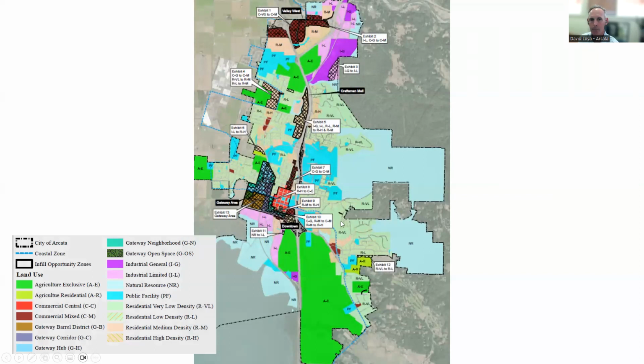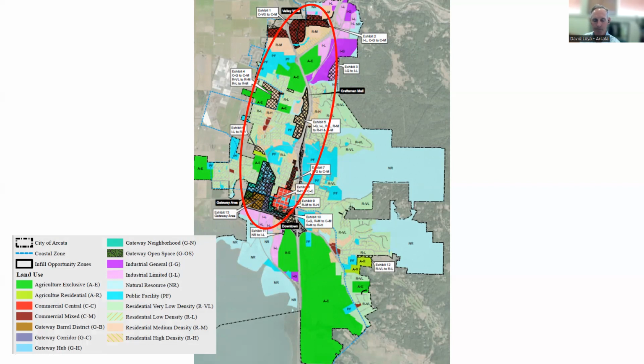That's a rough number. The other thing I want to draw your attention to is the proposed changes, which you can see indicated by these different exhibit indicators. We're not going to go into the exhibits in this. I will have those available for review at the study session, and the Planning Commission has reviewed these in detail. But these are all concentrated within the urban core, if you will. We do have some residential areas out Sunnybrae and Old Arcata Road, but those are for the most part lower density. The real action in this story is happening right in the urban core, right along downtown up into the